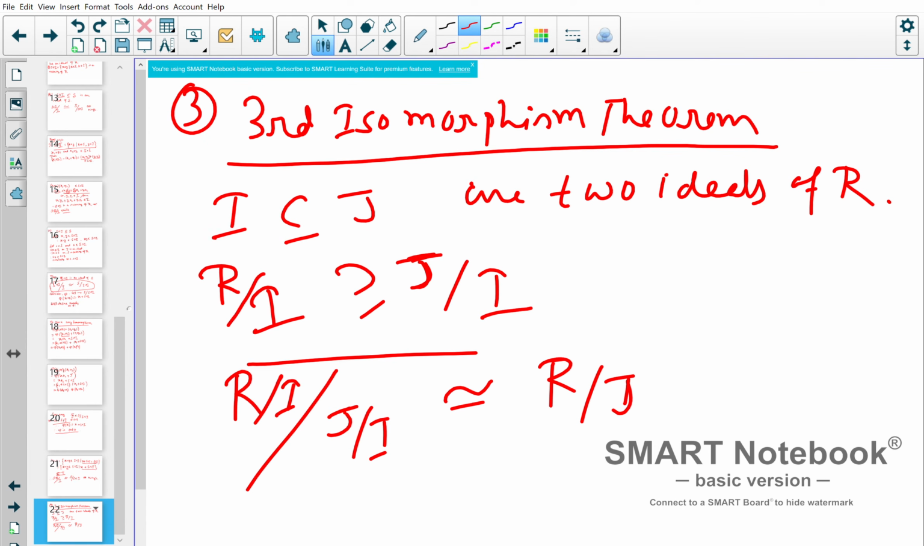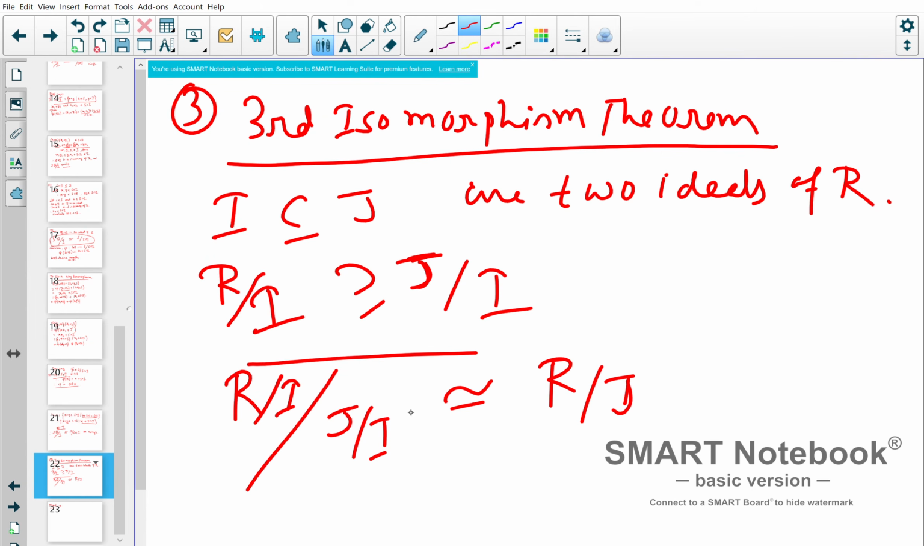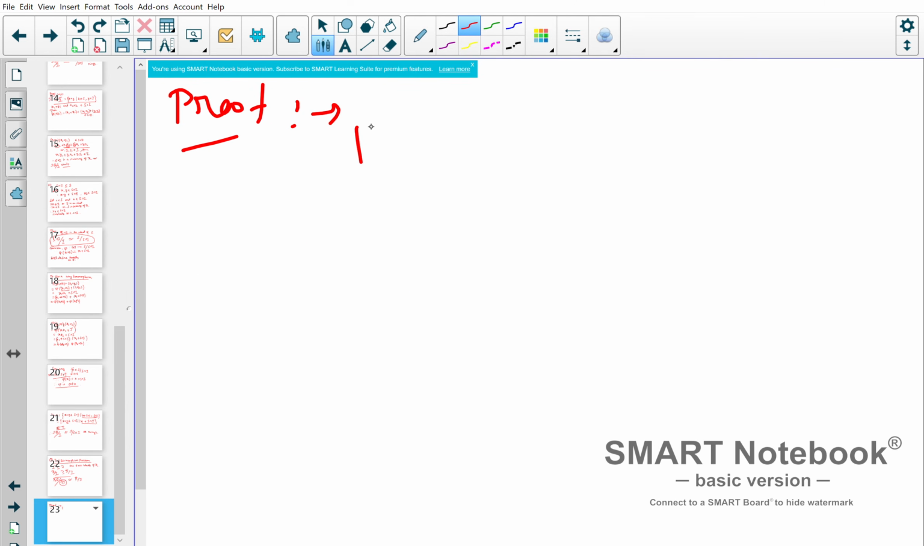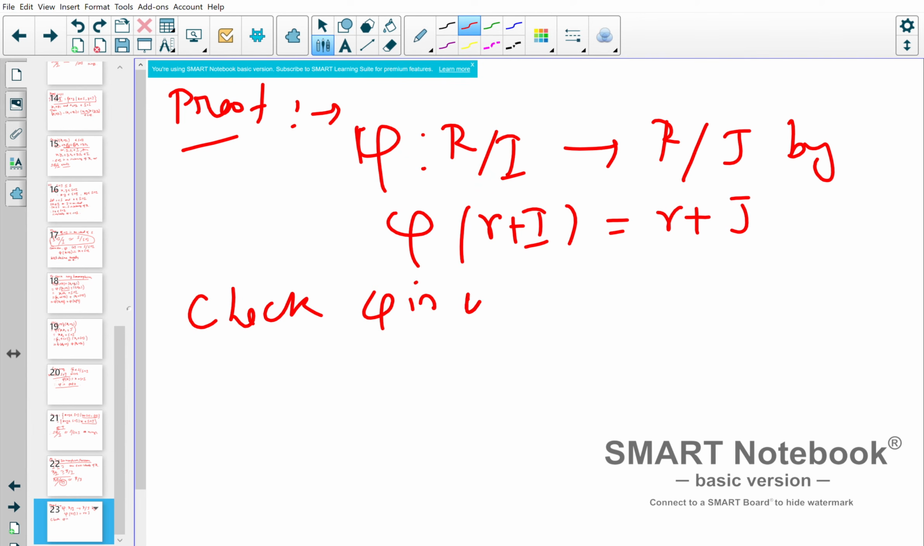The way we use the group theoretical proof, similar thing. I just give you a hint. So proof. You need to find a map from this to this such that the kernel is this, right? So you define a map, say phi, from R mod I to R mod J by the natural one, so phi of r plus I goes to r plus J. Now check that phi is well defined first,